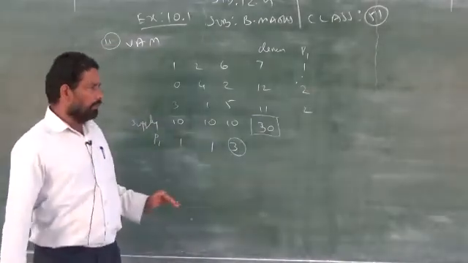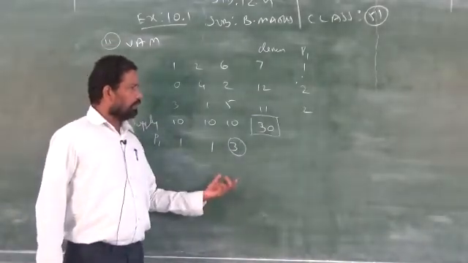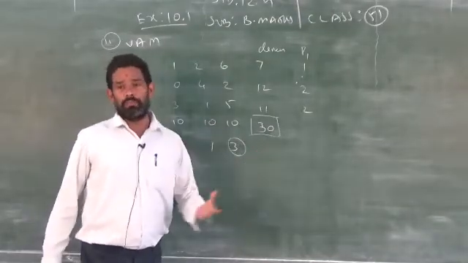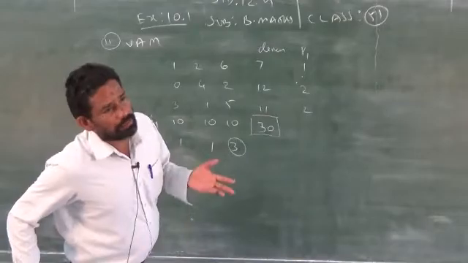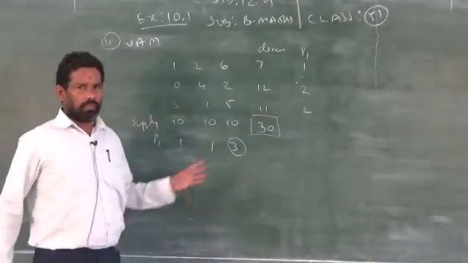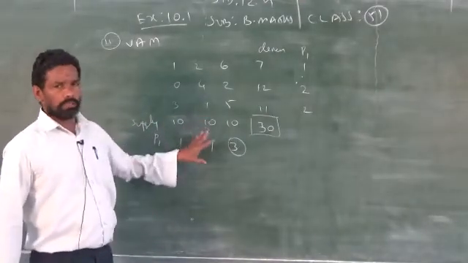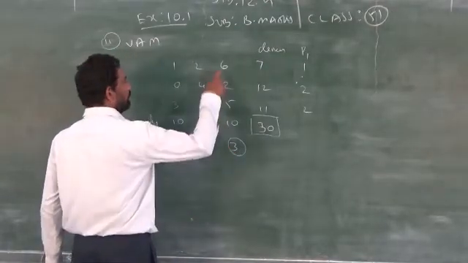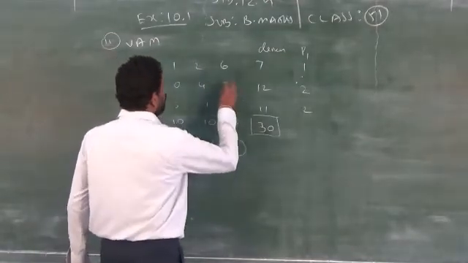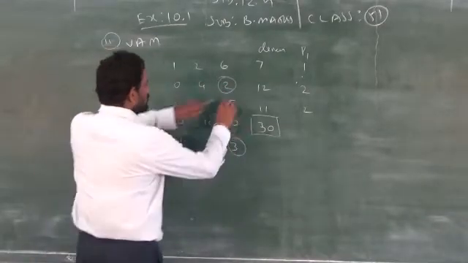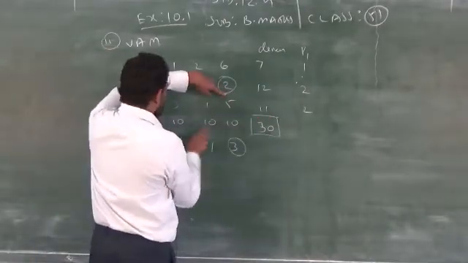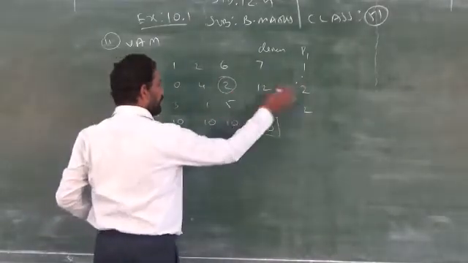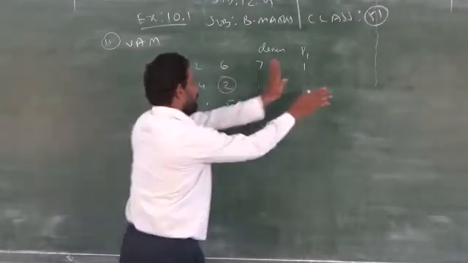The only difference between the previous method and this one is that here, with the help of the maximum penalty, you find the least cost, whereas in the previous method, you can find the least cost straight away in the tabular column. Clear? This is more accurate. So, maximum penalty 3, corresponding column, the least cost is 2, circulate it, and for the corresponding row and column you see the supply and demand, don't see the penalty. Some of the boys may be confused with this penalty. This is a separate concept.